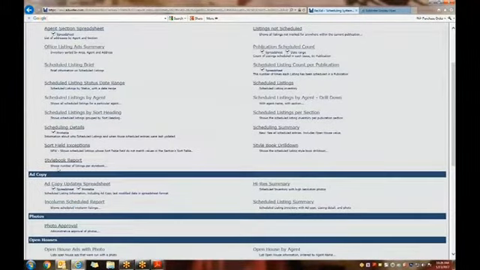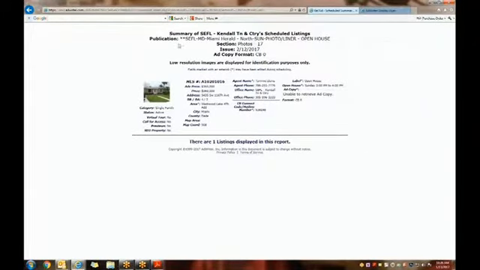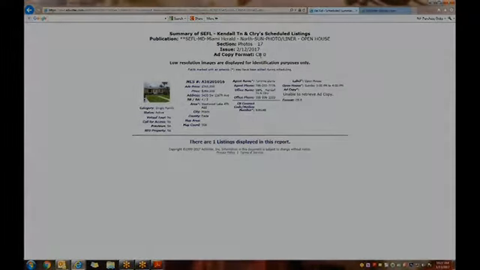We're going to go into the reports. And down here under Ad Copy, there is a scheduled listing summary. When you open this up, it's going to show you your office information, the publication you're in, that section, the issue, and whether it was using format, which was helpful because if it was using format, you would know that it was pulling it from whichever character limit